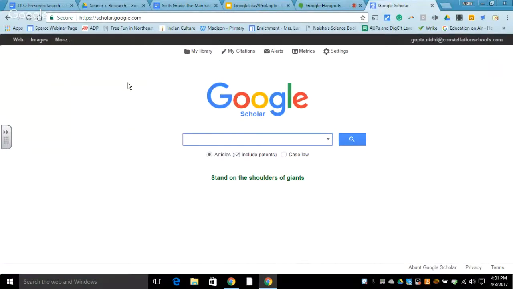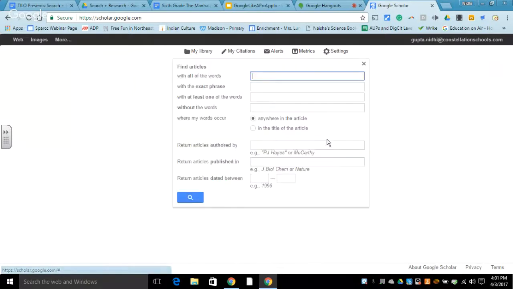Now, Google Scholar is free, so you're more than welcome to go ahead and use it. Here is where you can write what you're looking for, or you can go to the advanced search. Let's say I'm looking for all the articles that are related to encryption. It gives us various options here, and all of them are very self-explanatory. Like if I write encryption,